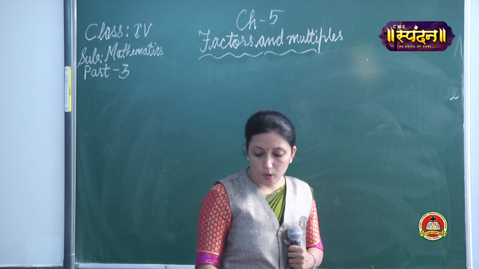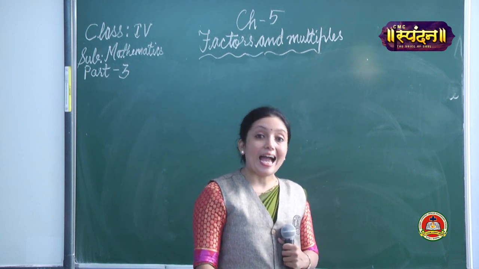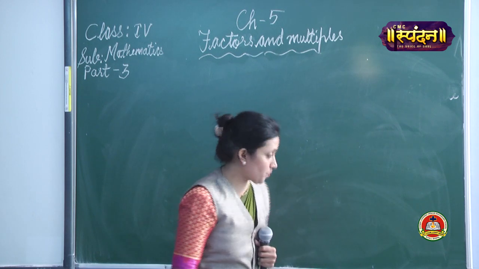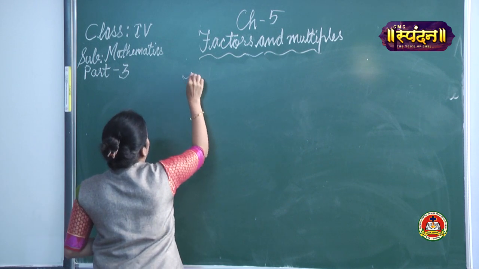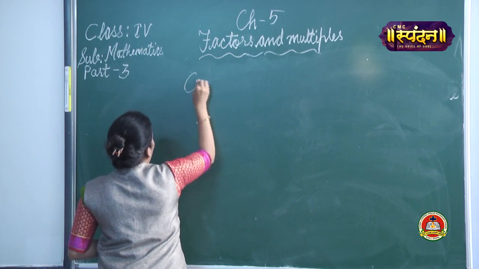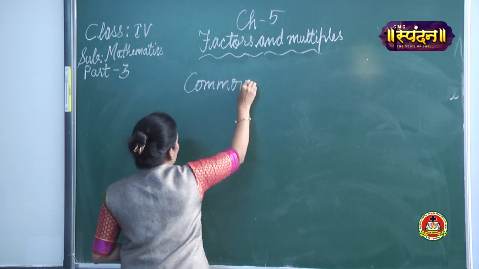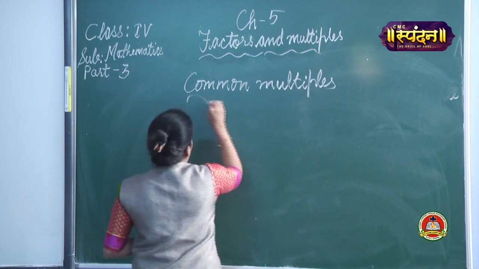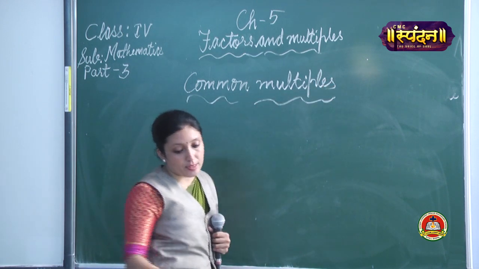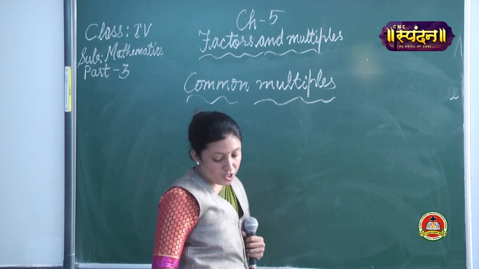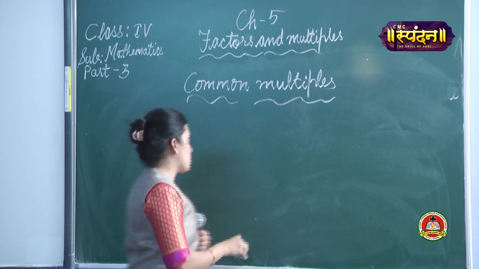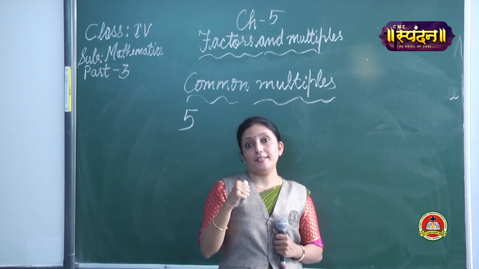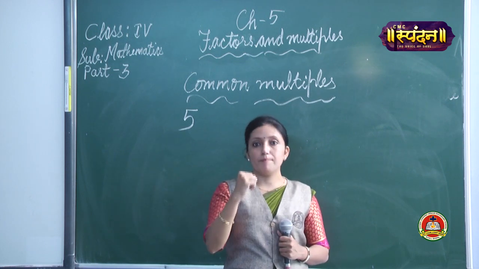The same question from your book is the first 5 multiples and the common multiples of, let me take 5 and 6. Okay. So common multiples. So I think this word is very clear to you, as we did in factors also. Okay. So common multiples, I am taking 2 numbers, that is from your question number 9, page number 138, C question I am doing it children, and this I won't be sending you because I am doing it here, so this you need to copy down from the video only.